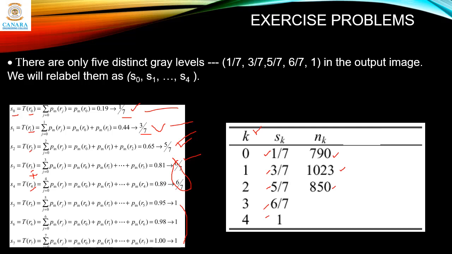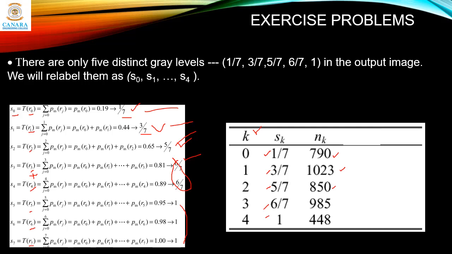So if you add them up, you will get 985. And finally for this level 1, it maps to R5, R6 and R7. Now if you add the pixel values for R5, R6 and R7, you will end up with 448. So this completes the nk value column.